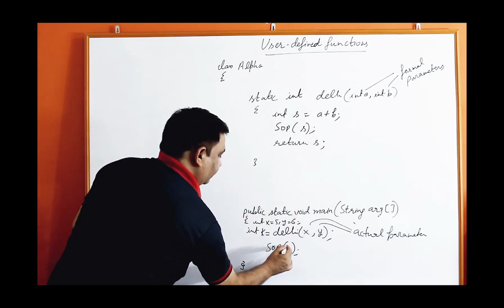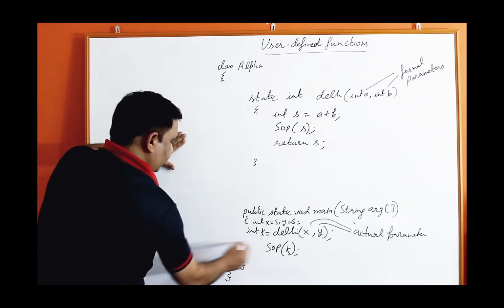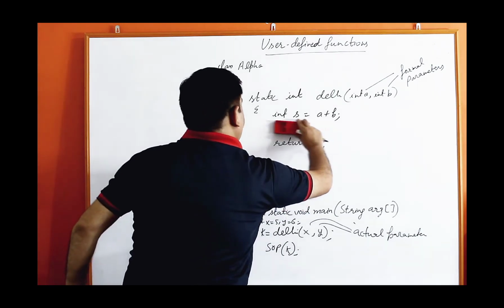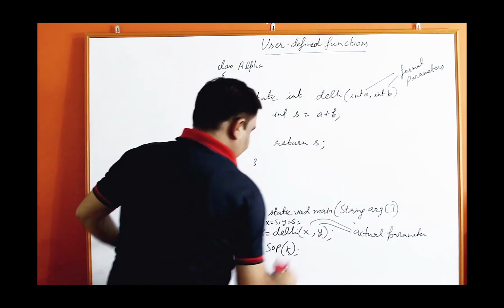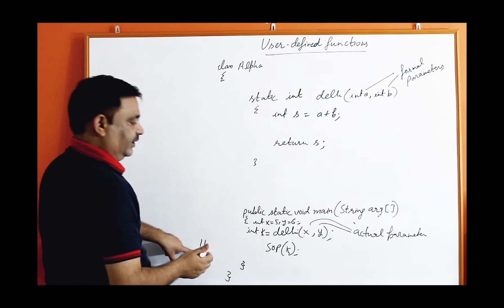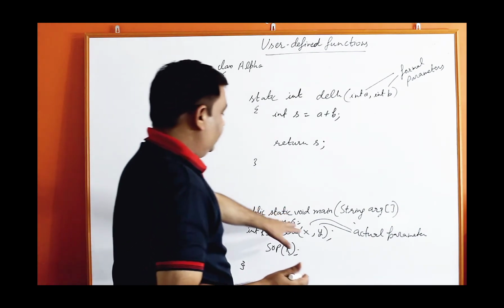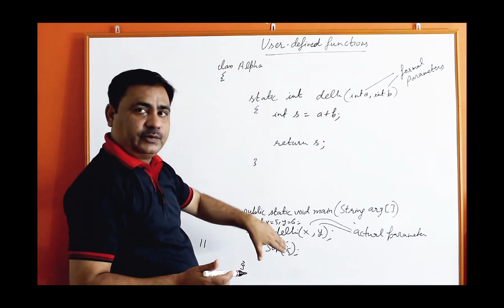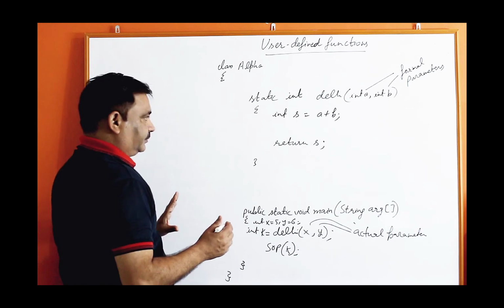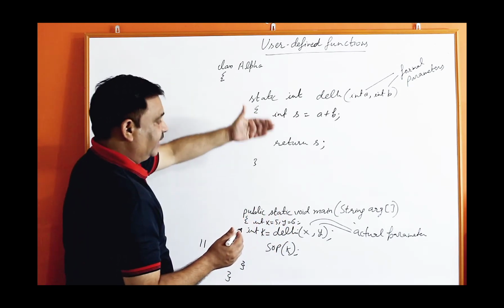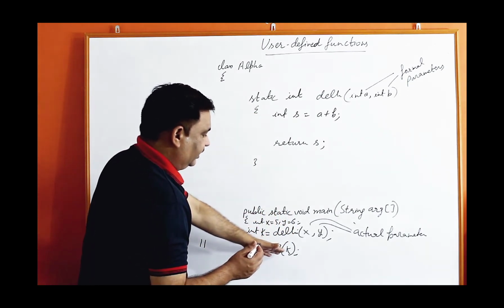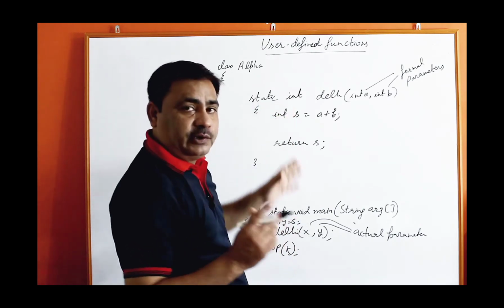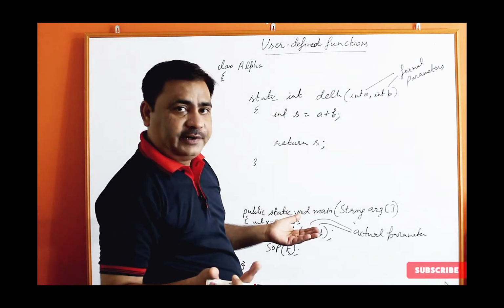In place of s, you can print k here. Now 11 will be printed here instead of printing inside the function. Here you can remove it, it is not required. If you want to print, you can print, otherwise not required. Now 11 will be printed here. This way you can pass the values and one function can return a value. And one more thing, once the value is returned by this function, either you can print it here or you can again pass it to the Delhi function if you want to add more than 2 values.